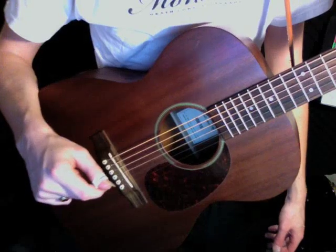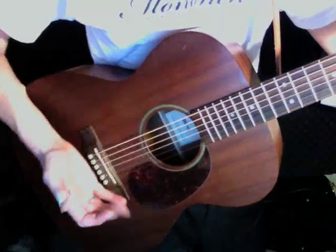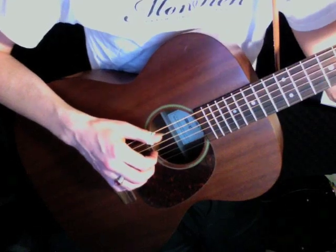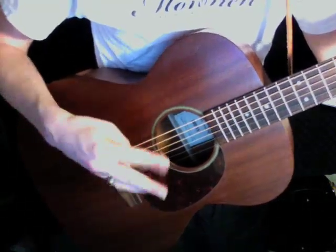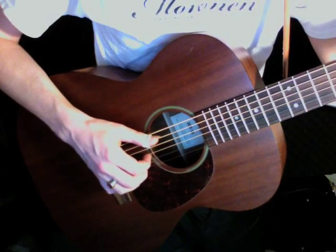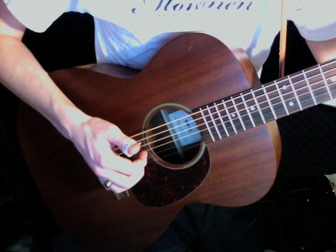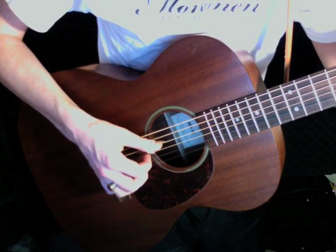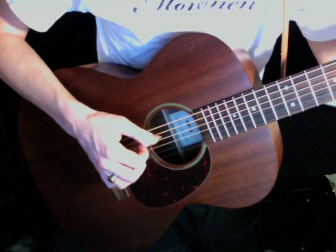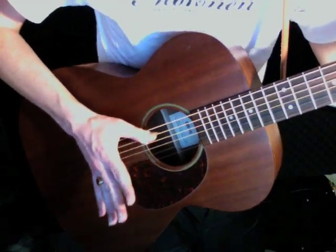All right, so let's kind of do the first B7 chord. So you're going to do the B7 chord, and again your thumb's going to play all the pretty much main bass notes, and then your 3 fingers again are going to be locked on those bottom strings and they're not going to move. So now the bass run is like this with the chord. Pluck, pluck, pluck. Okay, that's for the B7. And again, the bass run alone is